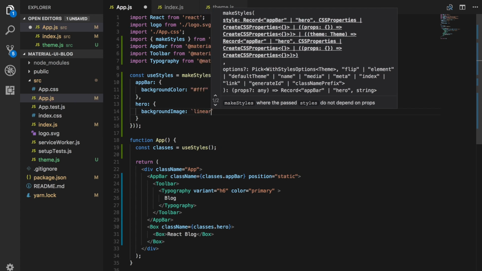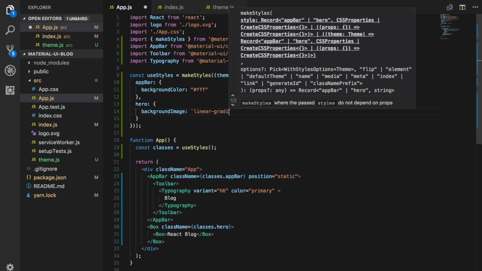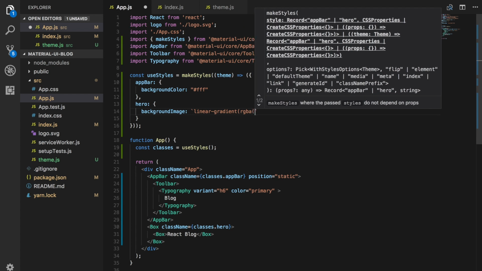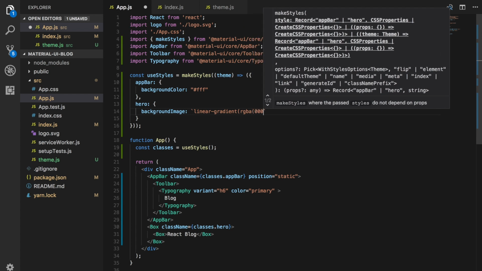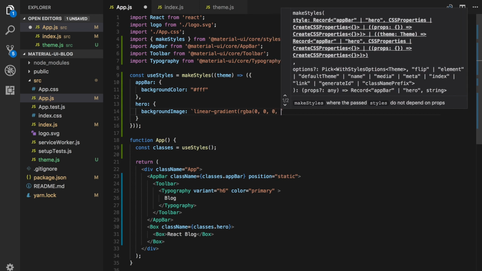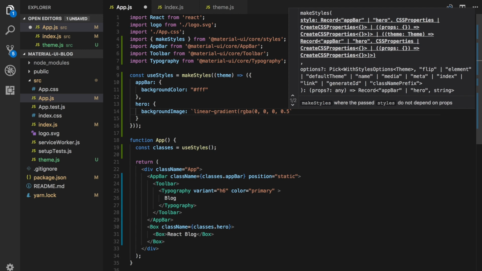So we're going to do linear-gradient, and we'll do rgba, 0, comma, 0, comma, 0, and then give it an opacity of 0.5, and then we'll give it another rgba, and as well we'll give it 0, 0, 0, 0.5 for the opacity. Okay,